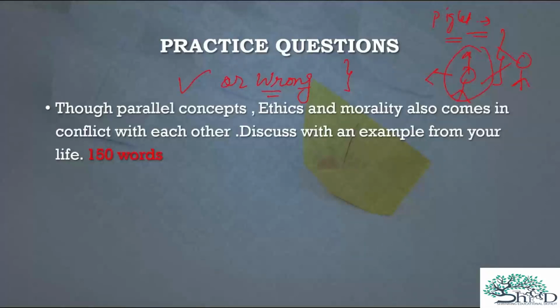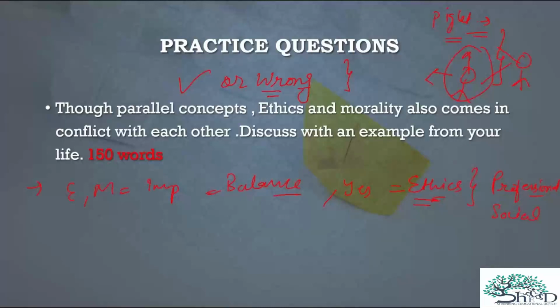All right. So please remember in conclusion that there is no completely right or wrong. So what you can do, you can write that both are important and we need to strike a balance. And you need to mention that yes, sometimes in life balance cannot be maintained. So what to do? Focus on ethics. But not always. In some cases you need to focus on ethics, especially in a professional workplace, because in the end we live in a society, right? And the professional workspace also, in social life also.